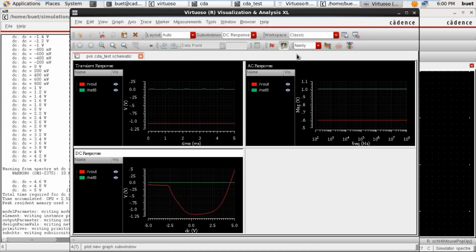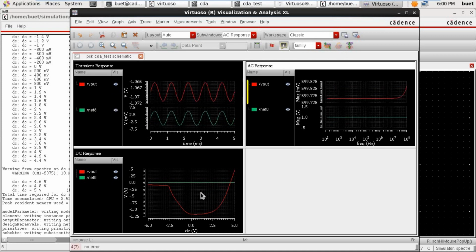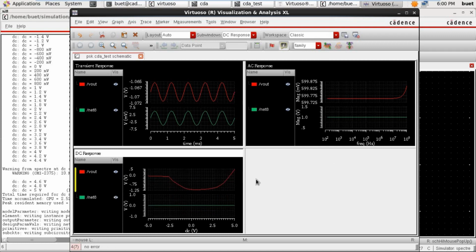Just select the graph and select the split button. These are the required outputs for the CDA. There is no layout to save for CDA.